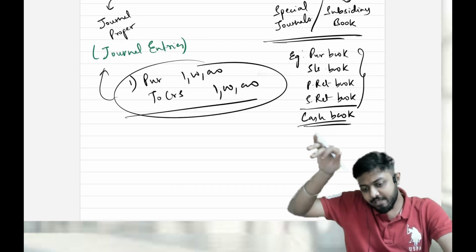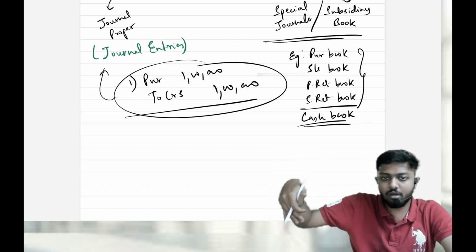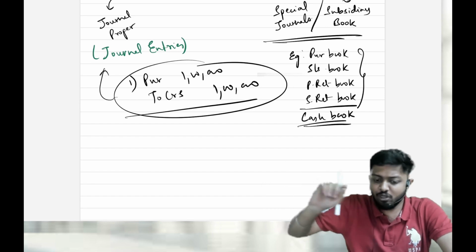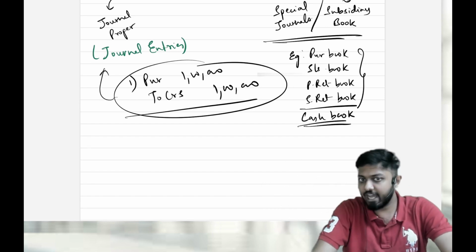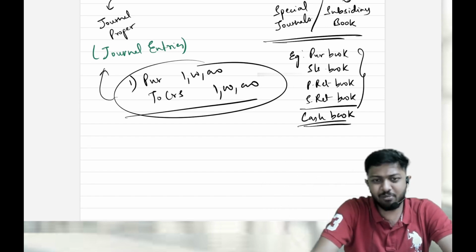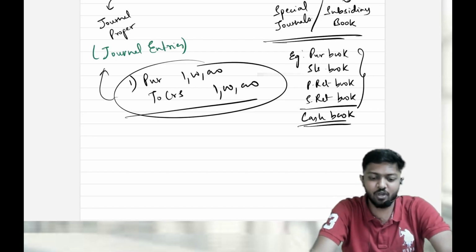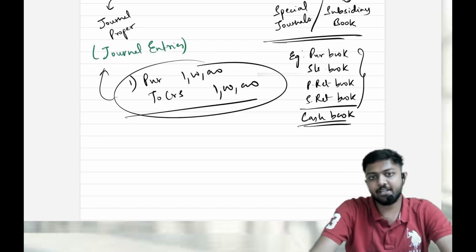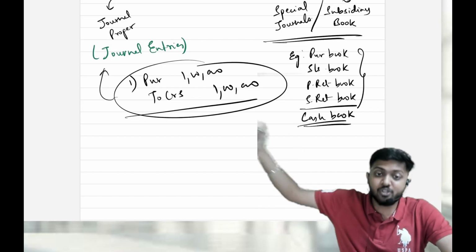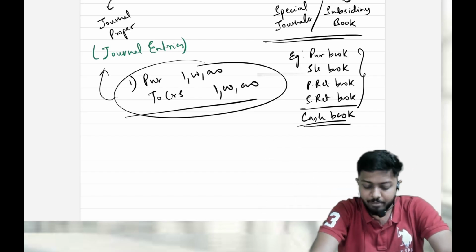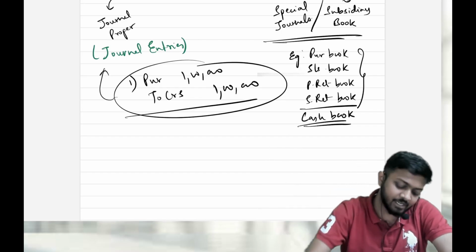Whereas if you come via a subsidiary book or special journals, you will just enter it in the format which I showed. The format of all the books is very similar. It's similar to what you saw. You will just record it there. The totals of it will be directly posted to the ledger. Again, the entry will not be passed. Did you understand? Yes, sir.